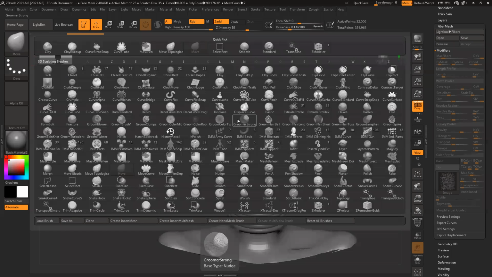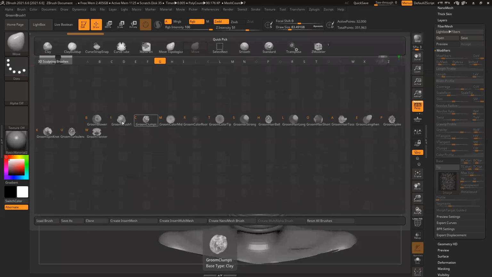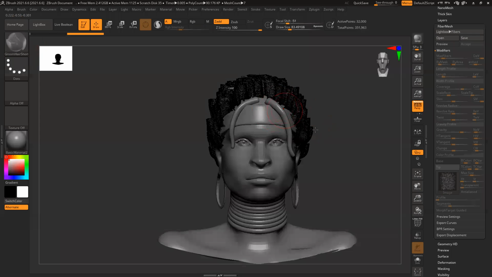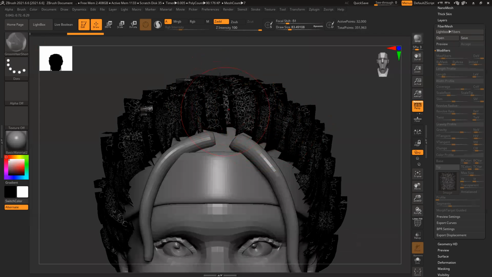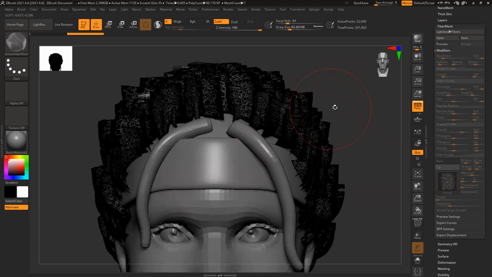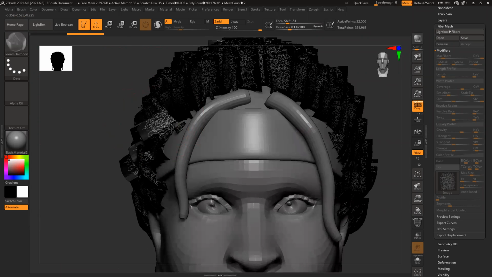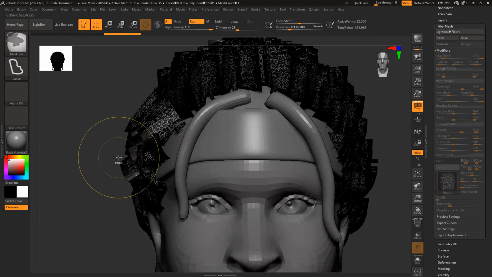And you can see there's something called a groom brush. If it is G, all groom brushes you can see. And long hair, short hair. I'll use short hair for this, and make sure to add enough subdivision so that it can modify it. So now this thing is ready. Now I have to groom this thing. If I try to use this brush now, you can see it will mess up everything.